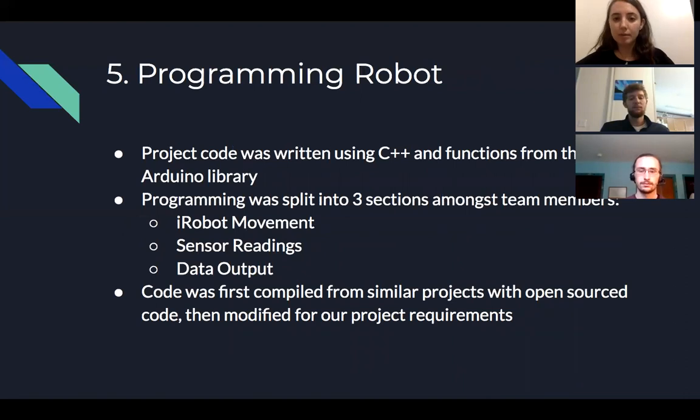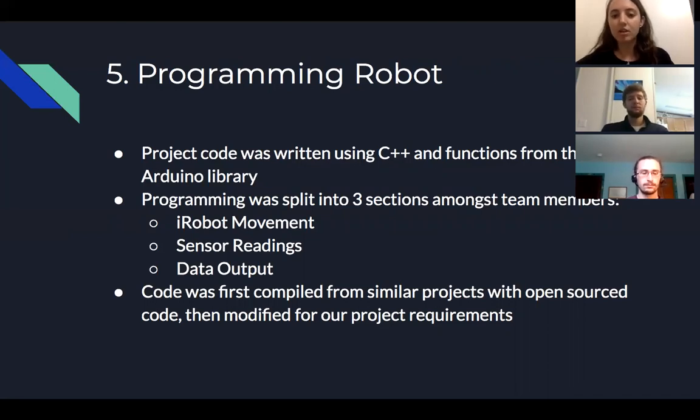So now going into programming the robot, we chose to make the code in C++ because it is a very stable and fast code, and it's often used in programming microcontrollers. So it was best for this project, and we're using this along with different functions in the Arduino library. The programming was split into 3 main sections amongst the team: programming the iRobot movement to have it controlled to follow a path in the plenum, the sensor reading, so that as the robot stops at different locations, the sensors will take a reading for temperature, pressure, and humidity, and then the data output program so that each of these measurements are exported to the IP